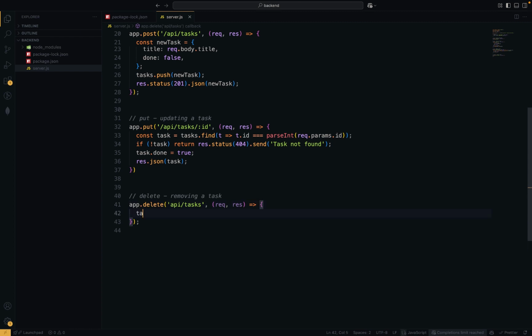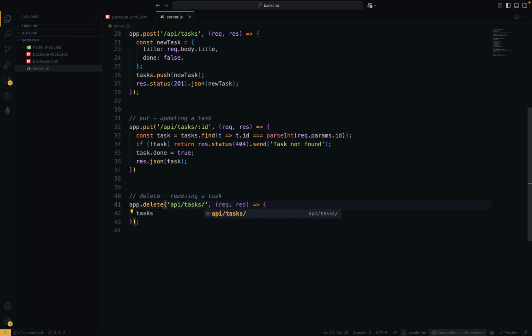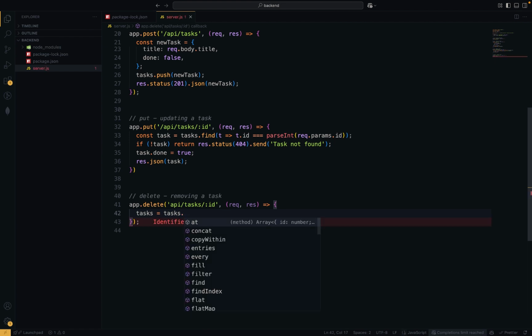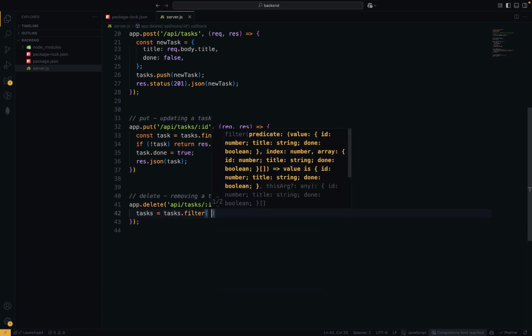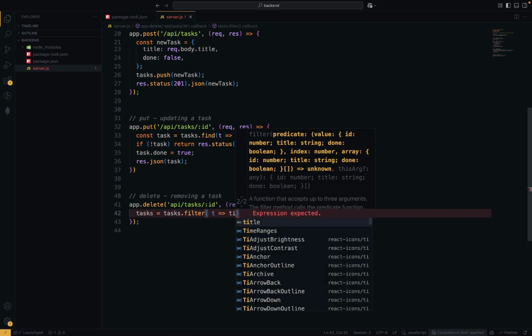So now we would use the ID tool for this. So add slash ID, because anytime you're trying to delete, you must know the ID of the task you're trying to delete. So now what we'll do is we'll filter the tags by the ID. tags.filter is almost similar to the find JavaScript function we used before. So filter, then we'll use our t or tags arrow function. So t.id